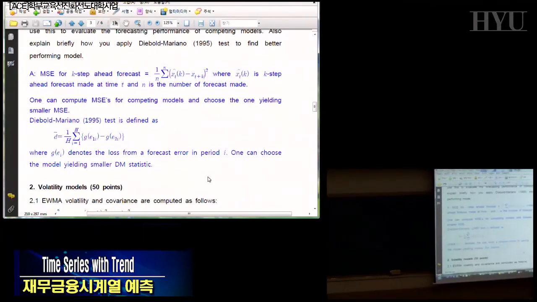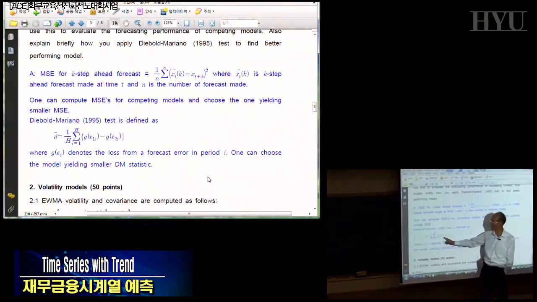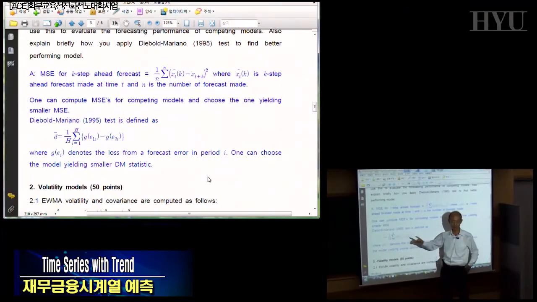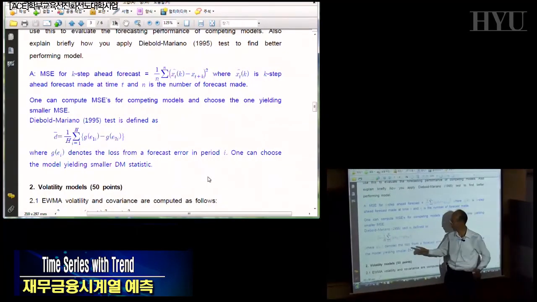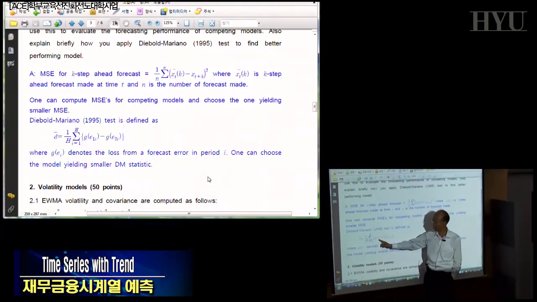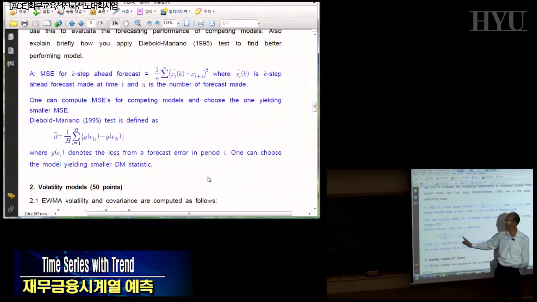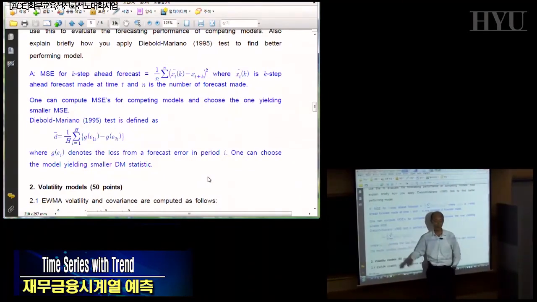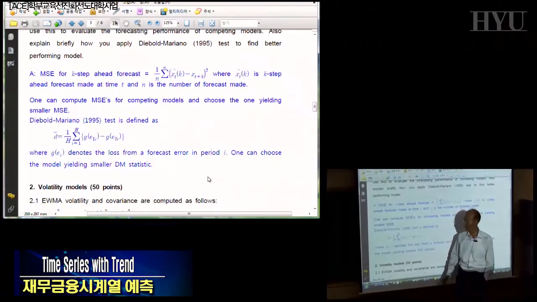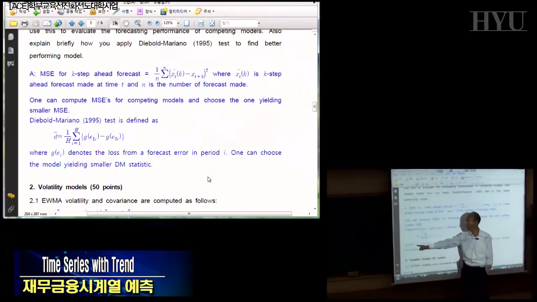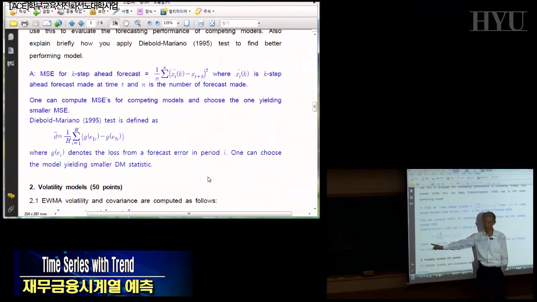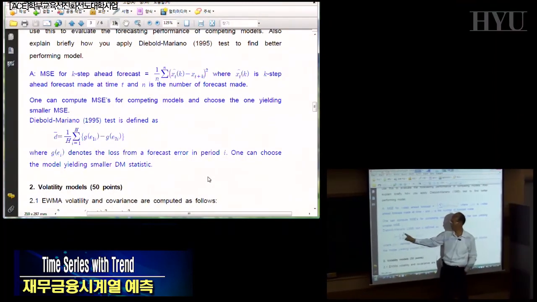But basically, this is the residual forecast error from model 1 and competing model 2. And introduce any function, let's say square function or square root function, you name it. So any g function, arbitrary function, transform it and take the difference. And if you have forecast error up to h number of them,